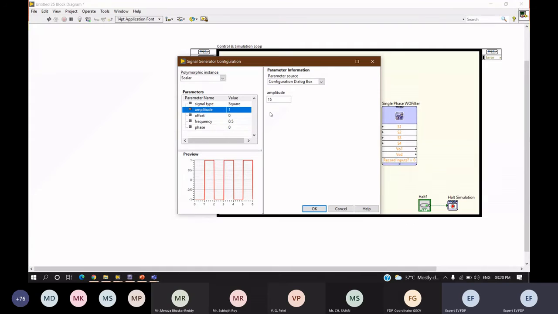Mostly it should be 12 or 15. If I provide 15, it won't be any problem. Apart from that, nothing I need to change. I have just changed my signal type to square and the amplitude to 15. I'll click OK over here.